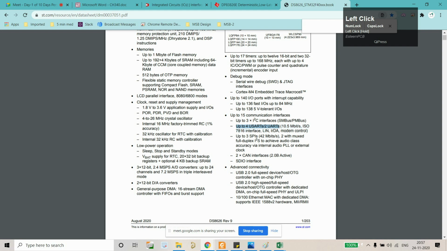Again a question for you guys. Anyone want to tell what is UART and USART? It is simple. Its answer is in its full form: universal synchronous asynchronous receiver transmitter. Asynchronous means it is independent of clock, right? And here we have USART, which is synchronous and asynchronous both. So we can use a USART as a UART also, right?